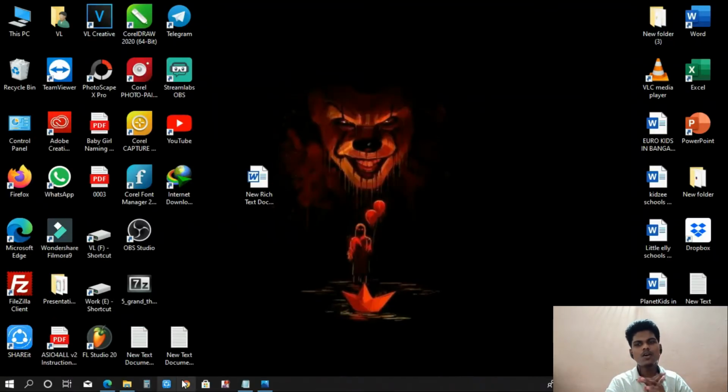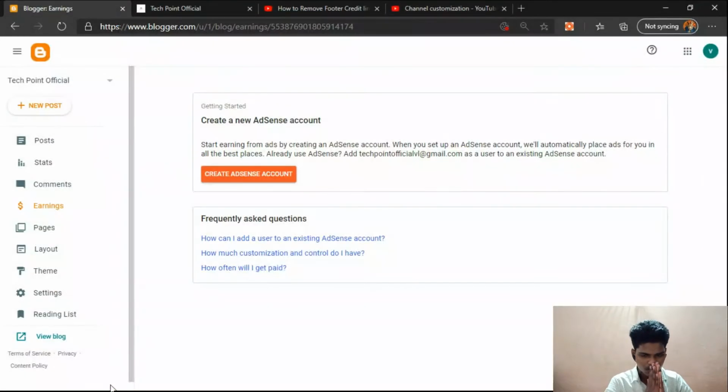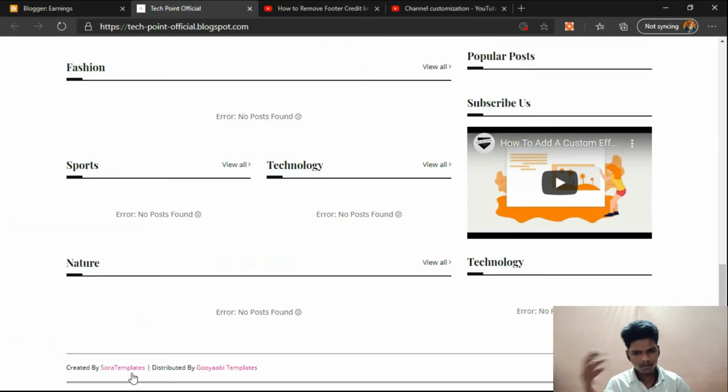Now we are going to see how to remove the Blogger footer credits. Many people are struggling because they cannot remove the Blogger credits below. You can see this is my blog, and this blog is created by Sora Templates, distributed by GoEB Templates.